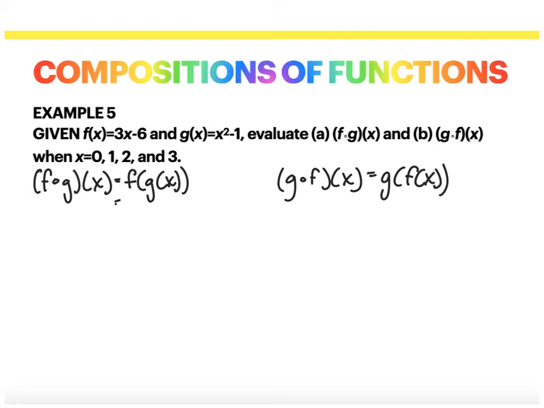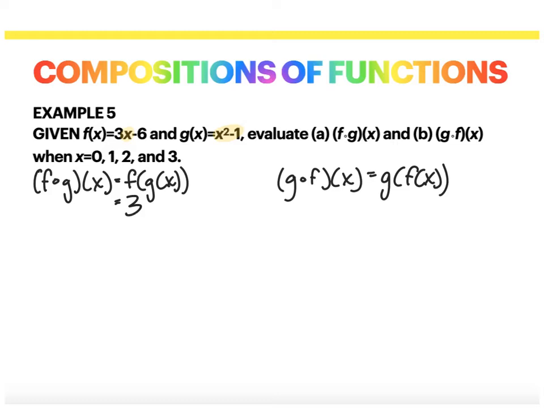If we are going to write f of g of x as a composition, we can look at the function f, and remember we have to take the function g and substitute it in for the x in the function f. So this becomes